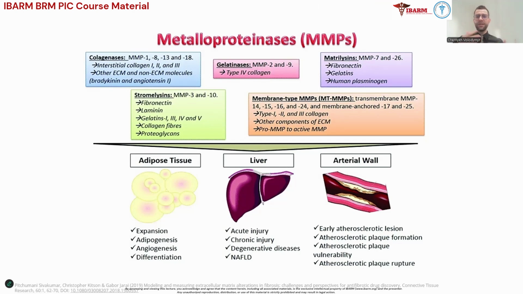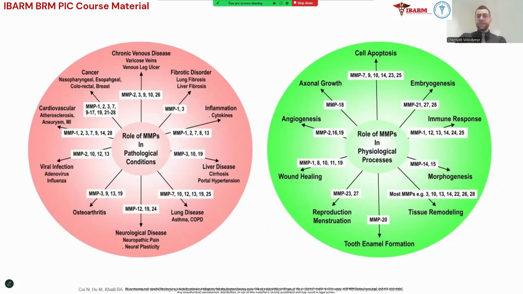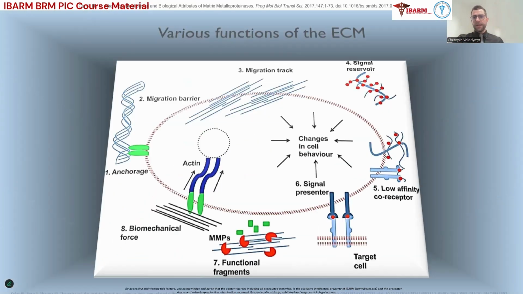When matrix metalloproteinases are activated, they may lead to pathological processes in different organs, for example, in liver or arterial walls, as you may observe on this slide. But you shouldn't consider them only as the bad guys, okay? MMPs are involved, among other things, in trophoblast implantation, embryogenesis, bone growth, angiogenesis, wound healing, and tissue regeneration. They can work vice versa. In the same type of tissue, MMPs can work as the good and the bad guys, and sometimes they work against each other. So it's a huge myriad of workings of MMPs alone.